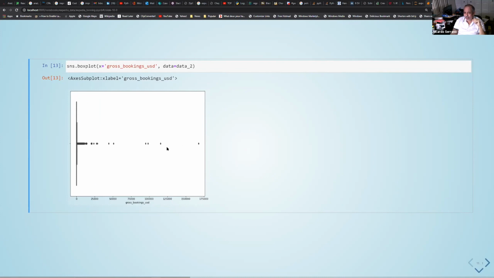So as you can see, there's a couple of them. It's not one or two. There's a couple of them that are kind of skewing this distribution to the right. Okay, and that's why we want to use binning to try to get hold of that situation.